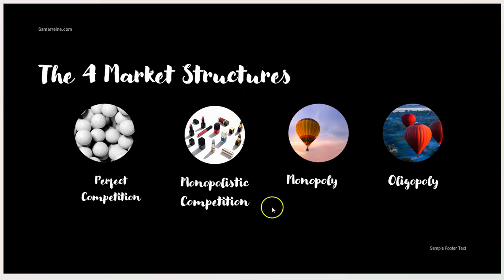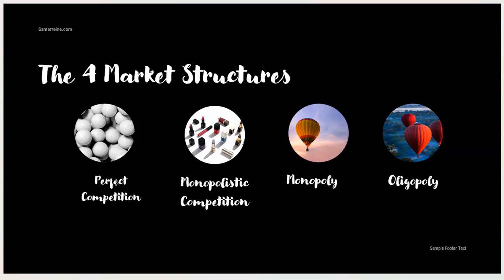Basically, you have two competitive ones: perfect competition and monopolistic competition. Then you have two not so competitive, the monopoly and the oligopoly. Think of them this way. Perfect competition is called perfect because it has a perfect substitute, which means all the raw materials, usually a raw material that's selling wholesale, are indistinguishable from one another, like sugar by the ton, corn by the ton, mercury by the unit. No matter who sells it, you're getting pretty much the same thing.